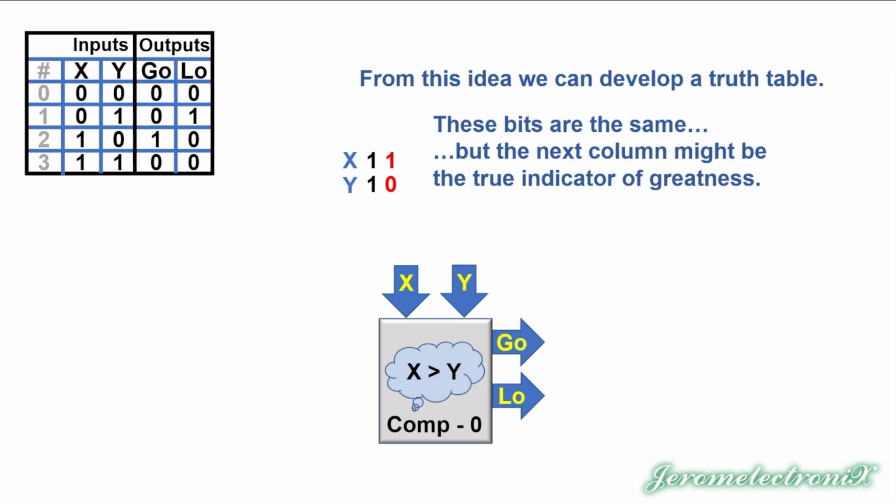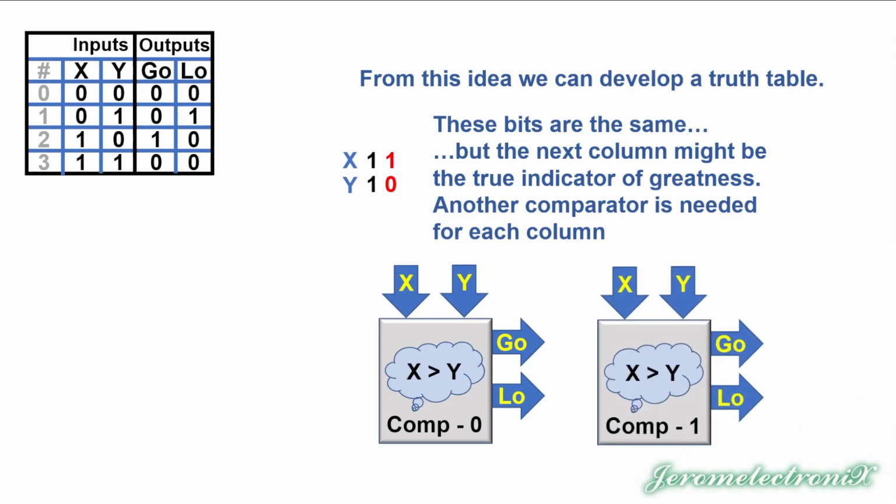To go to the next column and make that comparison, we don't actually move the comparator itself. What we can do is just make a copy of the original comparator, and we're going to call that comp1. And when we do that, now we have another comparator. We would just rubber stamp these, duplicate them, copy and paste them for 8 different bits, and so we would do the whole byte using 8 of these little comparator components. Okay, so